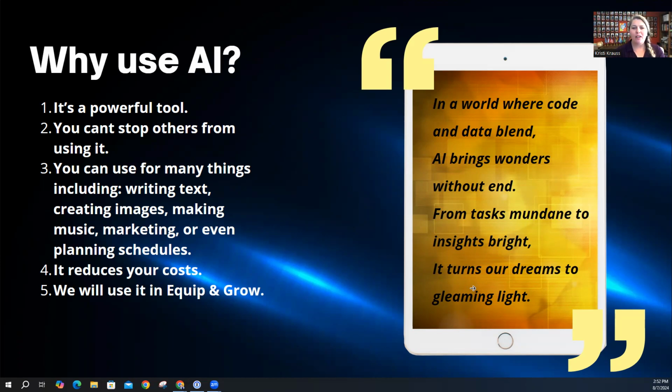Okay, and the final reason why you should use AI is because Equip and Grow is going to use AI. So I made this lovely poem for us using AI. It took me about 3 seconds. In a world where code and data blend, AI brings wonders without end. From tasks mundane to insights bright, it turns our dreams to gleaming light.